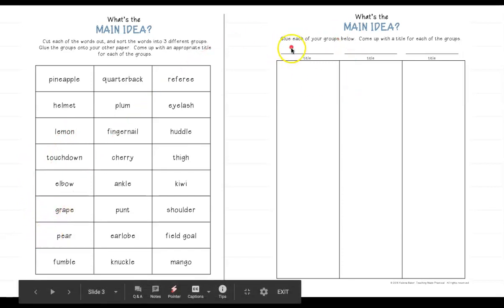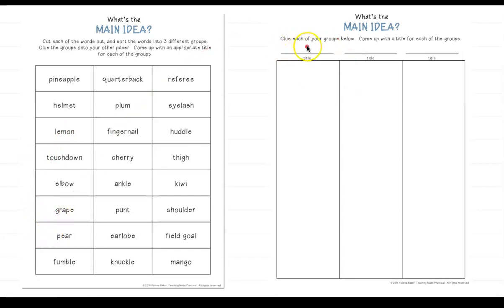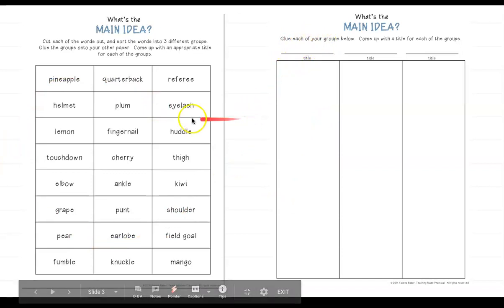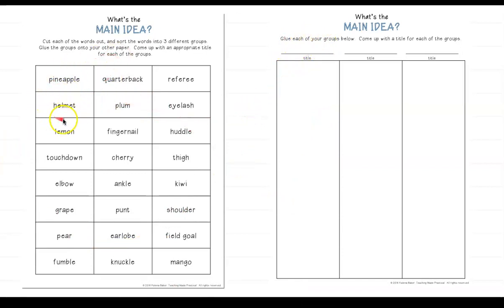So up here, I'm going to write fruits. And I'm going to write pineapple and lemon and grape. I'm probably going to cross these out as I write them down. Pineapple, I will cross out and write it here. Lemon, I will cross out and write it here. And I will write down any fruits in this column that I see here. But I'm going to remember to write the word fruits up here. Then I'm going to take a look and think, okay, helmet,